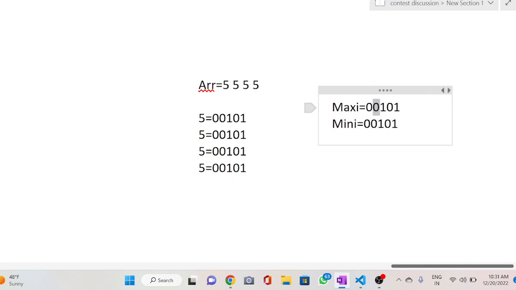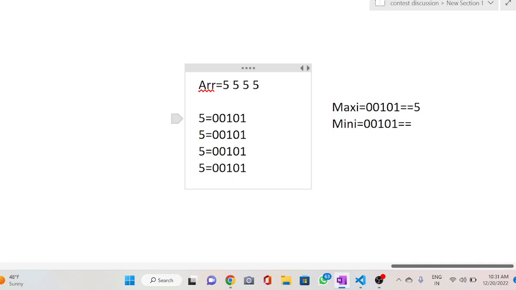So we cannot convert any 0 into 1. So this is our maximum value, and this is the representation for 5. For the minimum also we choose this number and try to minimize it. In order to minimize, we try to convert all the ones into 0. So for this position we'll choose this bit and check if any element contains 0 at this position, so that we can swap them.